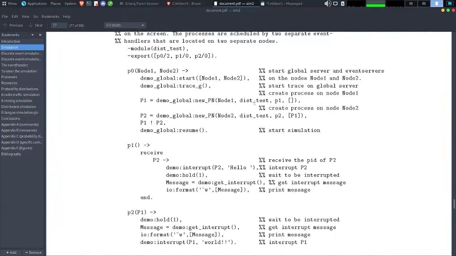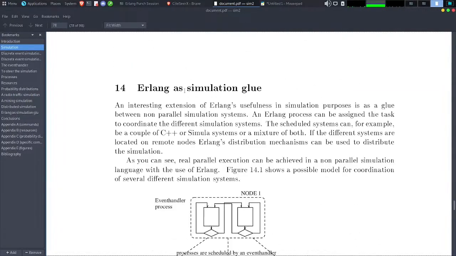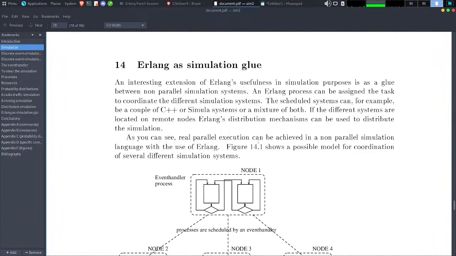Okay, so we have another example here. Erlang as simulation glue. An interesting extension of Erlang's usefulness in simulation is as a glue between non-parallel simulation systems. An Erlang process can be assigned the task to coordinate different simulation systems. The scheduled systems can, for example, be a couple of C++ or similar systems, or a mixture of both.